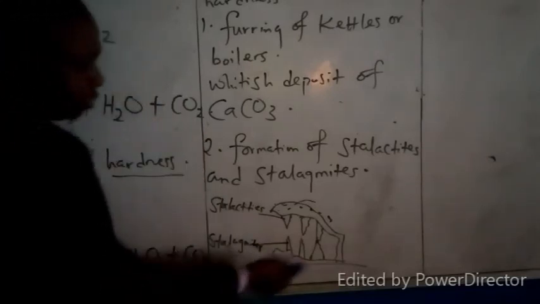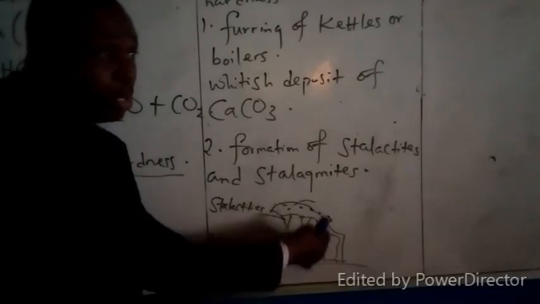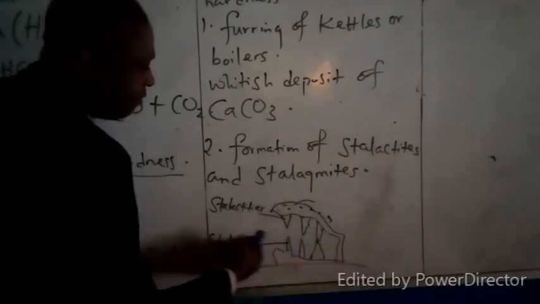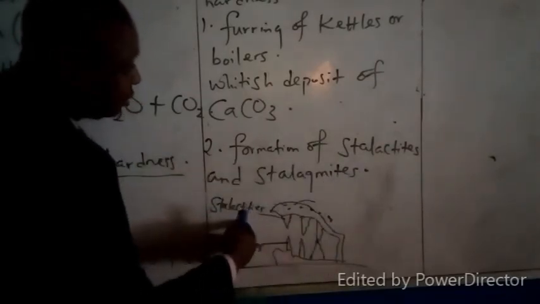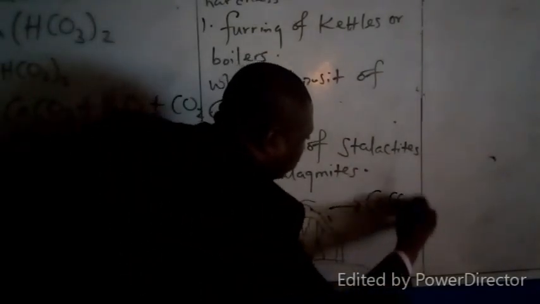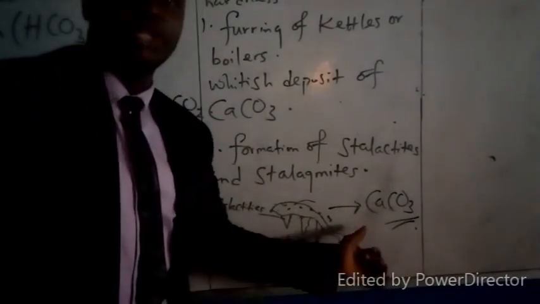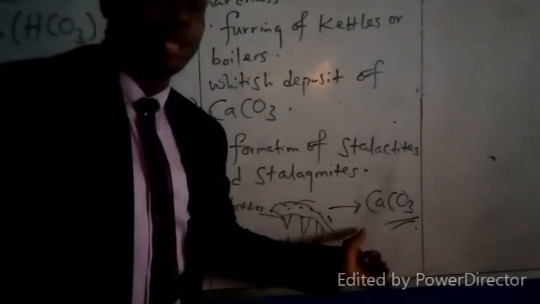So in other words, you can have the stalactites and the stalagmites coming together to form a pillar in that cave. And the substance that is responsible for that is calcium trioxocarbonate 4, which results from the decomposition of calcium